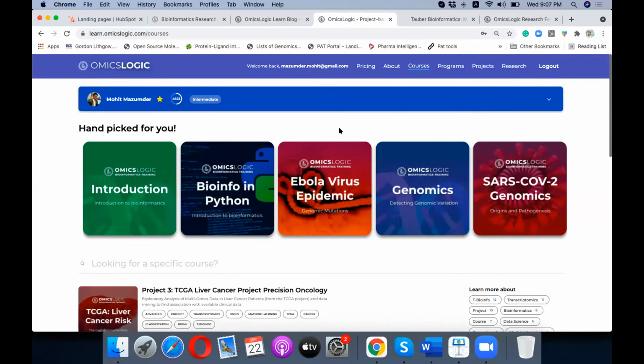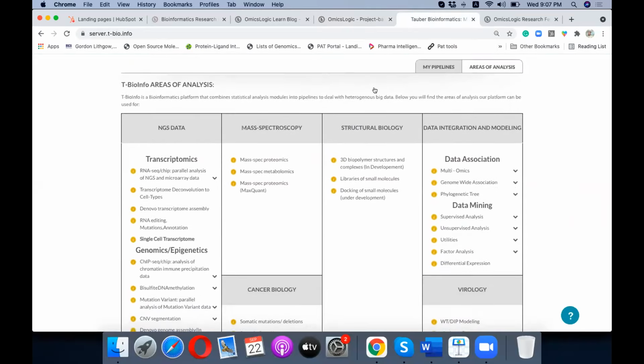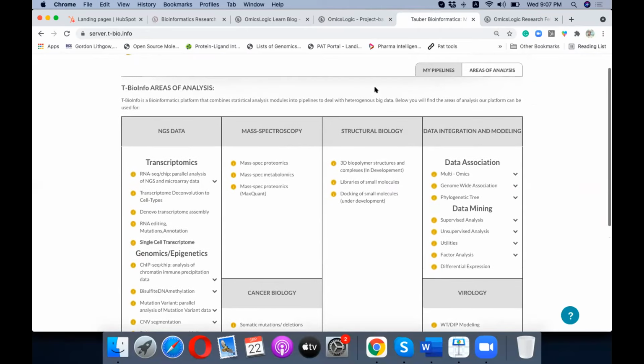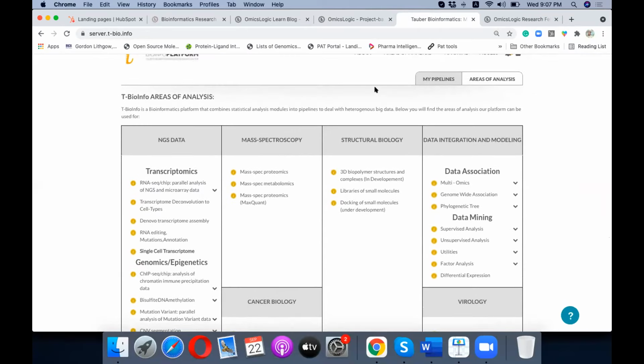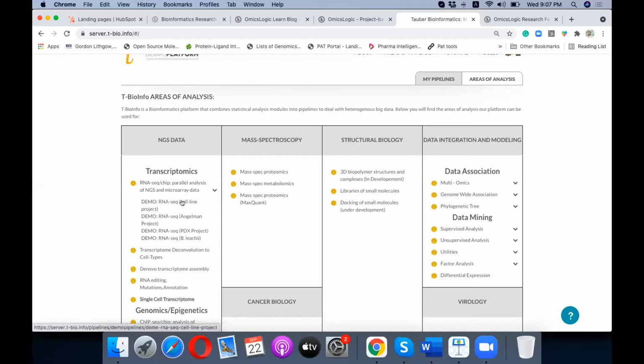Now, when you are doing the hands-on practice, running and understanding what kind of data sets are being processed using the examples in the projects and in the courses, there are assignments and quizzes that you'll be taking to learn about these topics, and then you will be doing your experiments here. You will be learning about data analysis using the TBioInfo server. When you use the TBioInfo server, it requires us to allocate a lot of space. It requires us to allocate the right kind of mentorship for you to learn and apply these techniques to your data.